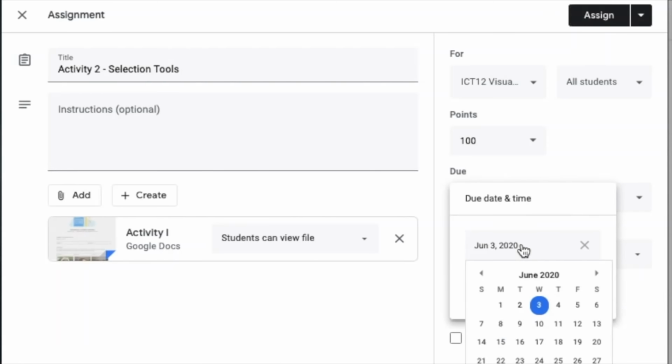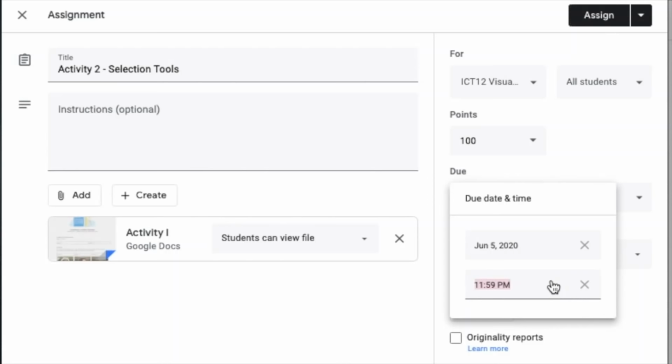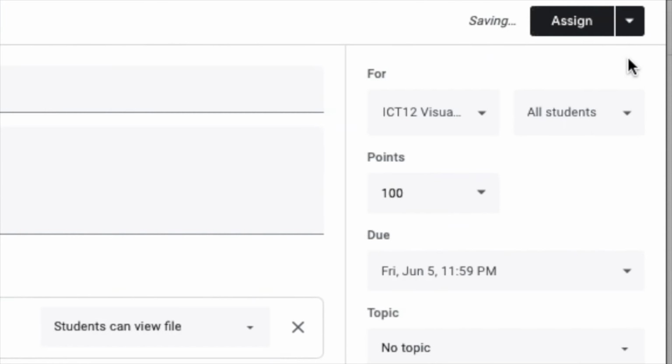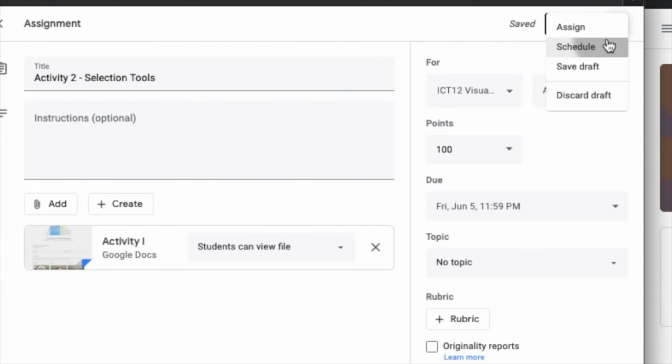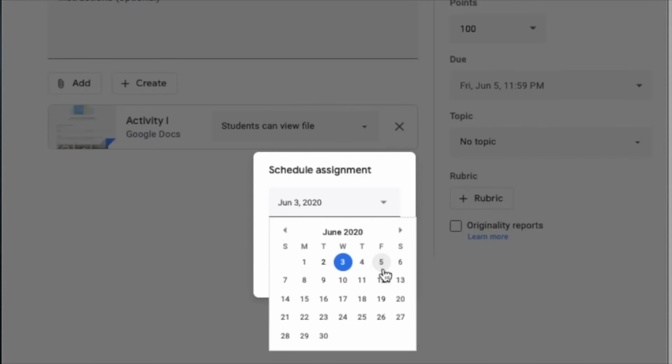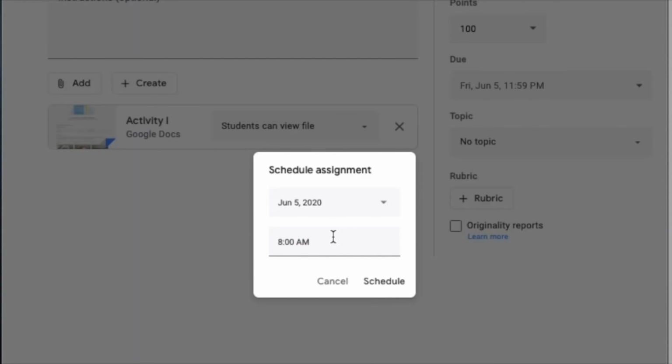You're going to set up again the due date, time. Now, I want to schedule this assignment. Okay? So, click on the arrow sa tabi ng assign button. And then, select schedule. And then, you schedule the assignment. Of course, you're not going to schedule an assignment later than the date mo, no? And then, you click on schedule. So, yun. So, makikita ninyo sa iyong classwork,